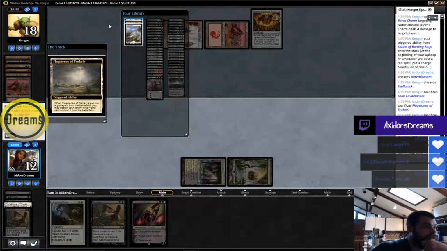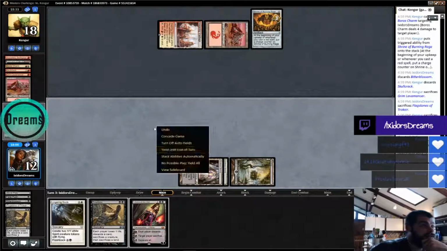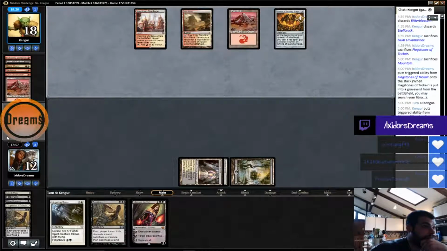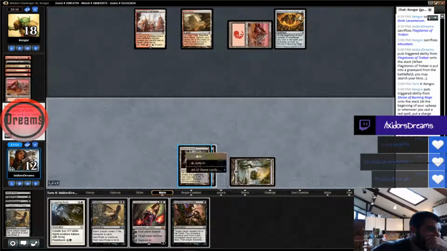So the gameplay would be... He discarded Skullcrack. That's pretty good. The gameplay is going to be that we're going to try to keep him off of the lands he needs to use Shrine. Oh, well, he's got the third land again. Suspends Rift Bolt. So...